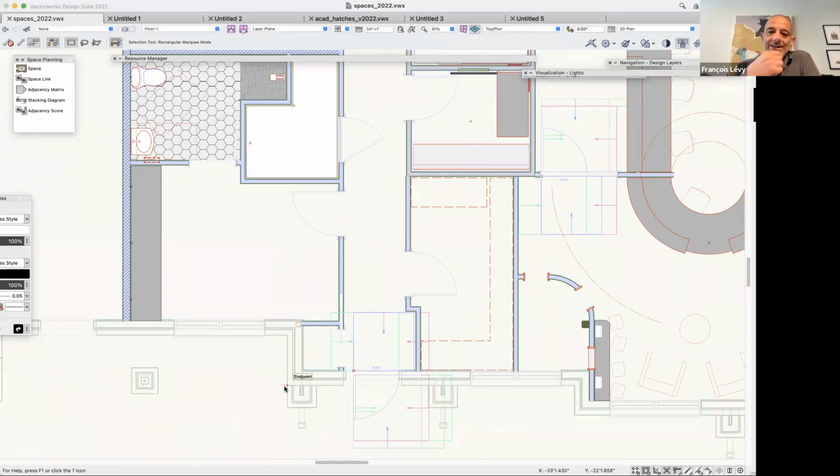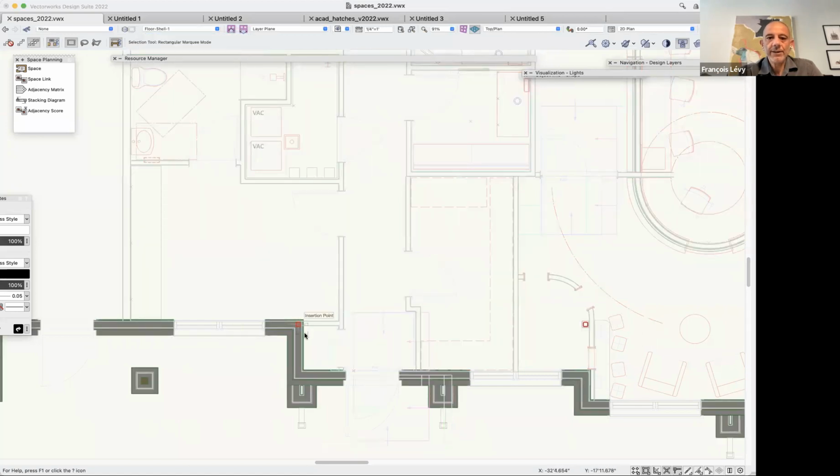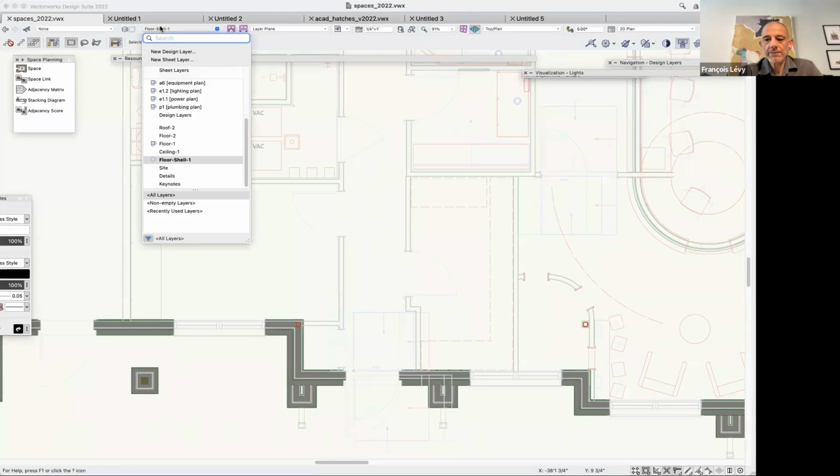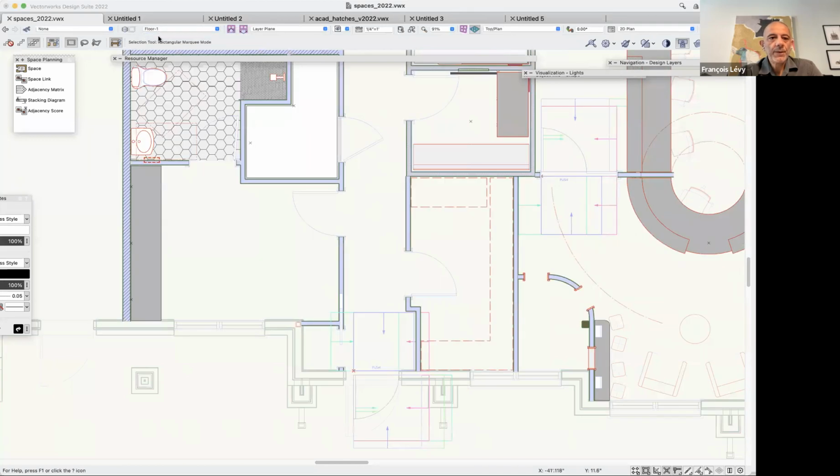And so very cleverly, what I did was I modeled the shell in another file, and then that shell is referenced into this file as a design layer viewport. So in order for Vectorworks to read a wall, that wall has to be visible. It has to be at the same scale as your current layer. It has to be turned on. So I can go over here to my shell layer, and those walls are fully visible. I can change my layer visibility here